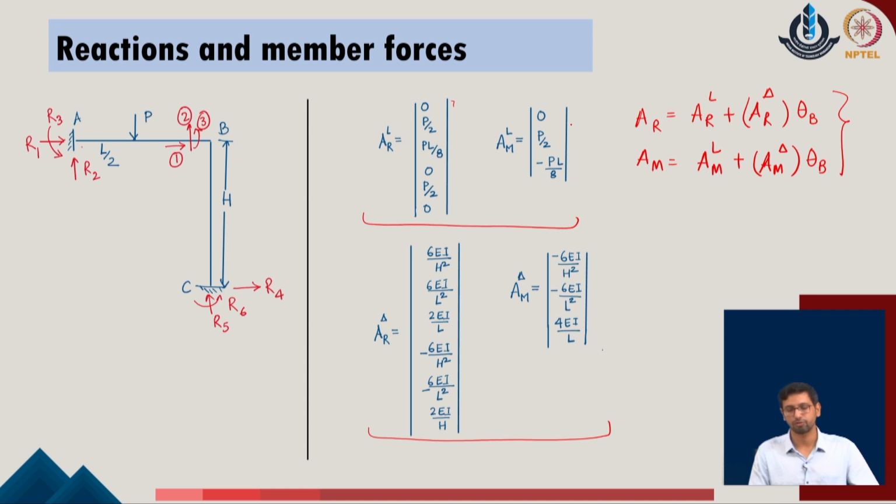We get the net value of A of m with respect to loading, which is defined in this manner, and we also calculate the A of r with respect to the delta, which typically means that these are the contributions provided with respect to S of r and S of m in the given system. As we have only 1 degree of freedom, the S of m and S of r will actually be a single column vector of the given system. So, knowing these values in the given problem, one can easily evaluate the support reactions A of r as well as the member end forces A of m in the given system.